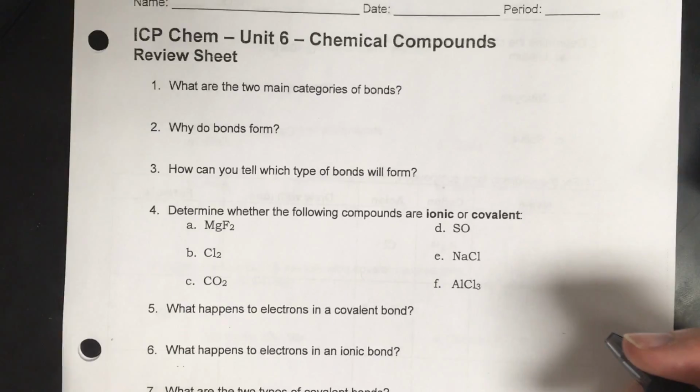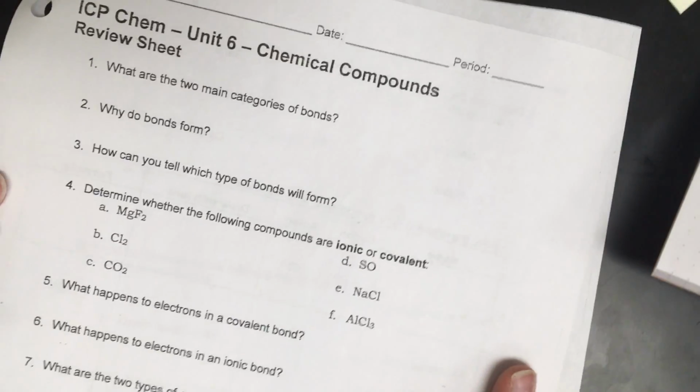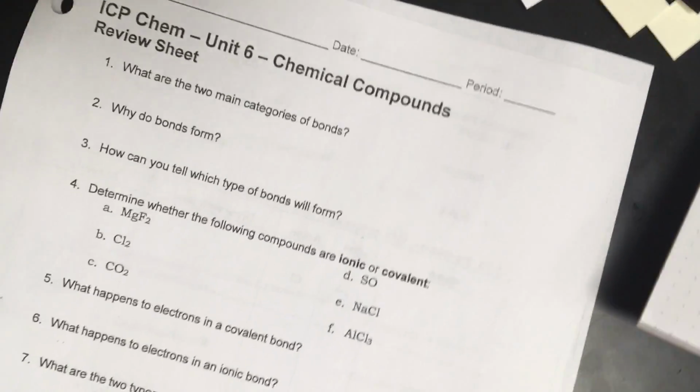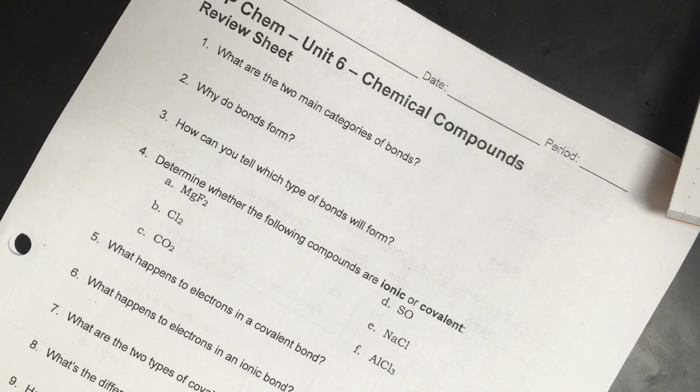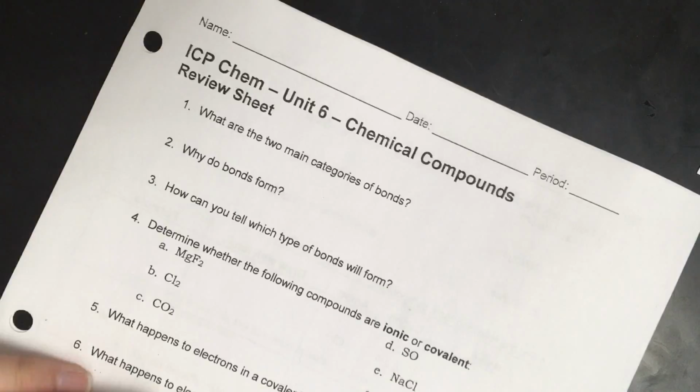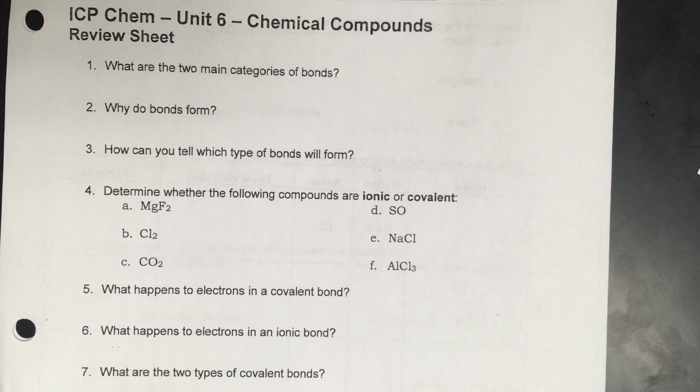But I wanted to give this to you so that you could start thinking about what you know and what you don't know, what maybe you need to learn more about. I think that we're pretty good with drawing dot structures, with balancing ionic compounds and things like that. So what I'd like to do is start by going over the front page of this with you, just because it's a reminder of some things that we maybe haven't talked about for a long time. And then the rest of the period is going to be yours to work on the packet. And then you'll turn that packet in,